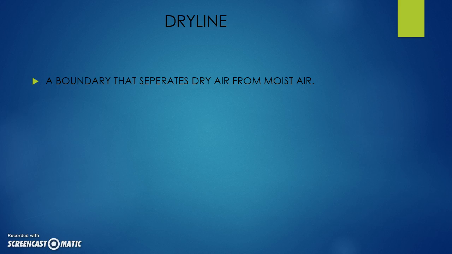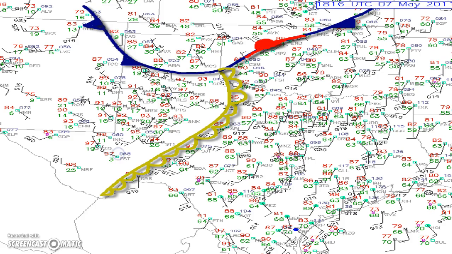So we talked about classic supercells and dry lines, a boundary that separates the dry air from the moist air. This is a very common occurrence out in the Great Plains. You'll have a dry line in the area, and basically you'll have moisture go up ahead of the dry line. You can have everything else in place, the cold front, the strong dynamics, but even that dry line, which blows off of the Rocky Mountains, begins to progress eastward. It basically works as a boundary, which would be another triggering mechanism for storms to